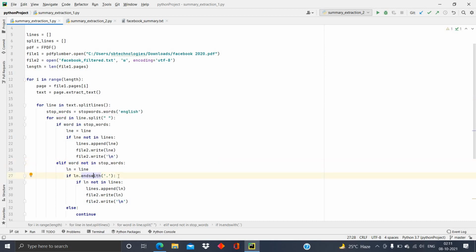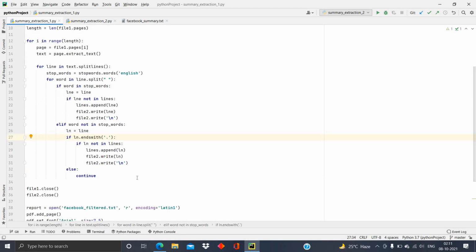If the line does not contain any stop words, but the line ends with a full stop, I will extract that sentence, that line also. Like this, no meaningful sentence will be lost. And if both of these conditions are not satisfied, then the process will continue to the next page.